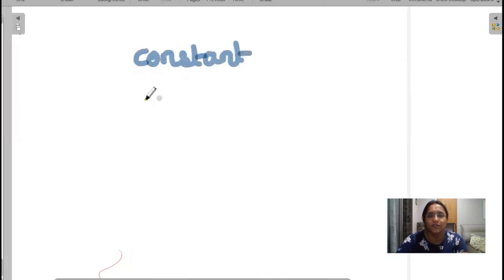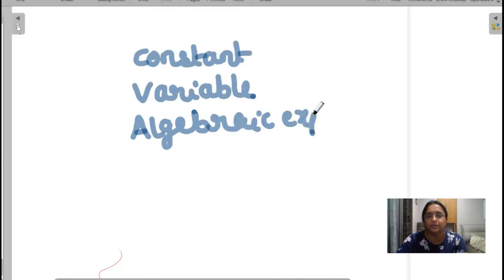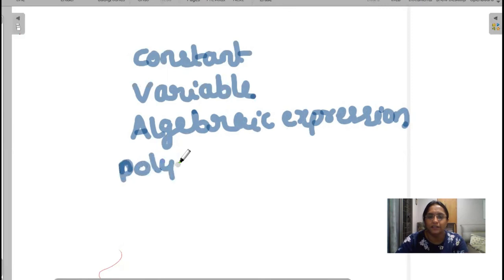Then what an algebraic expression is. Next, polynomial, and in this one we have studied